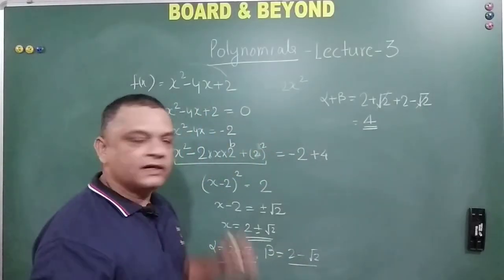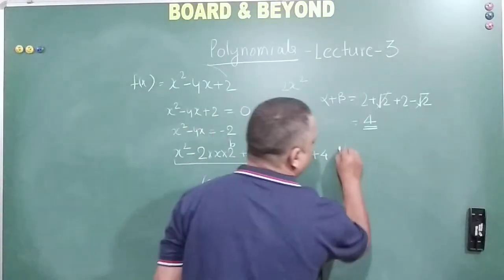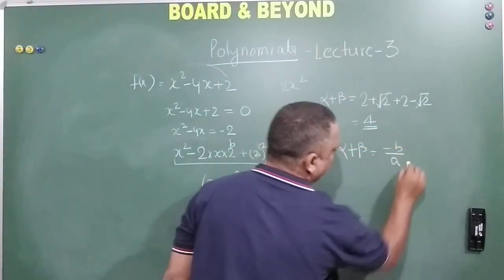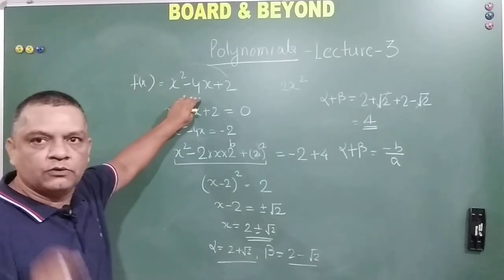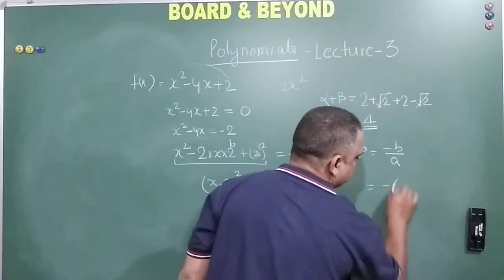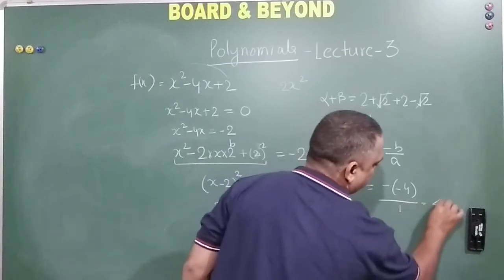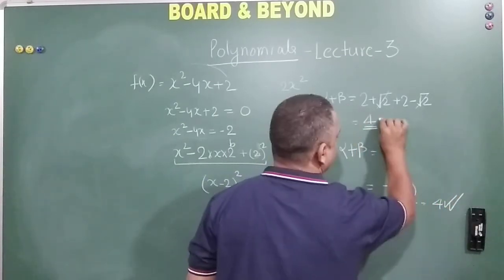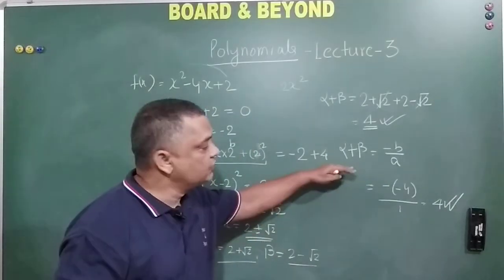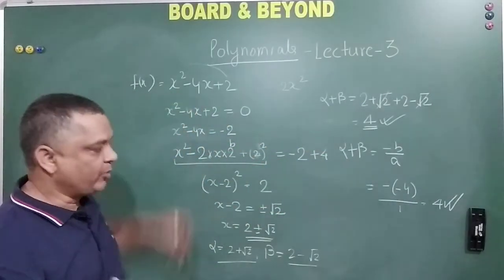Right? Now let us come back to the quadratic equation that we had formed. Okay? So alpha plus beta should be equal to minus b by a. How much is b here? B is nothing but the coefficient of x, including the sign. Right? So that is equal to minus of minus 4. Divided by a is how much? 1, which leaves me with 4. Now you see my friends, this and this. We have established the relation between roots for alpha plus beta as per this quadratic equation or this quadratic polynomial.